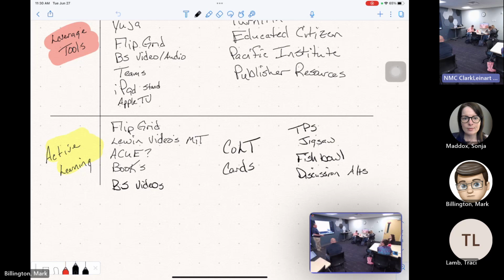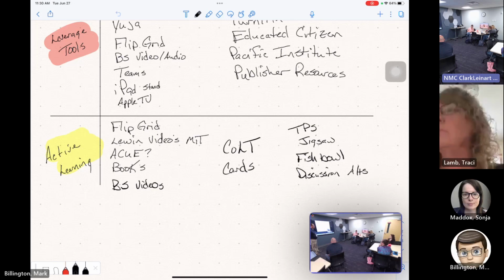So it gives me a chance. This can be done on butcher paper. It can be done in Notability. It can be done wherever you feel comfortable. But really thinking about how you organize your course around those 5 topics really helps.